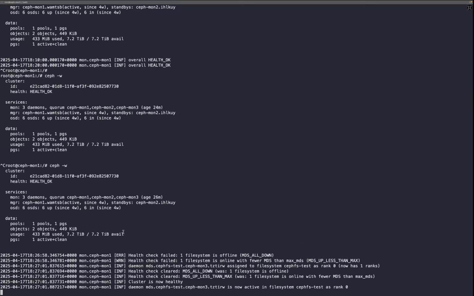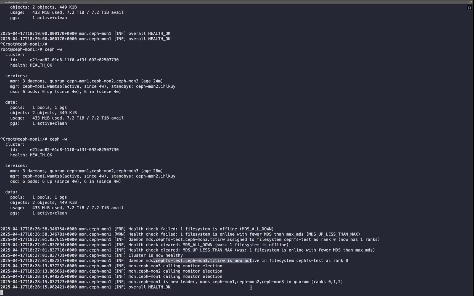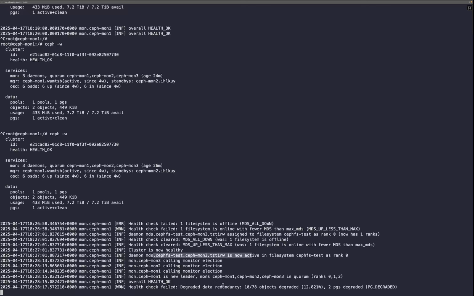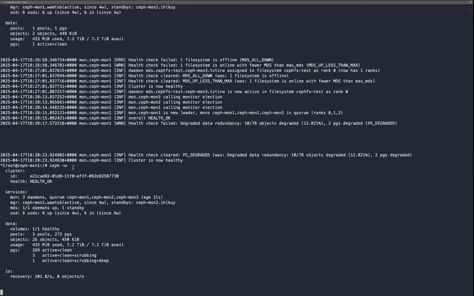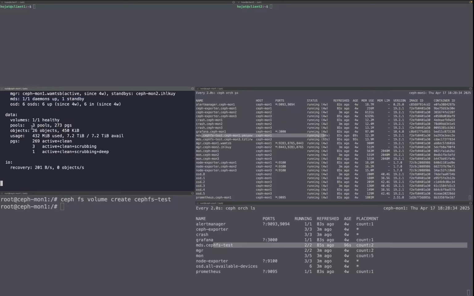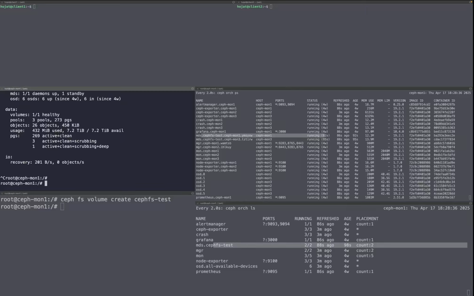And here in Ceph status we can see the cluster is now healthy. It's creating the MDS. And as you can see here, the MDS has been created and it's up and running. Okay,